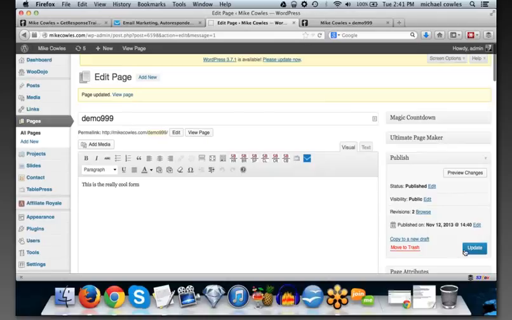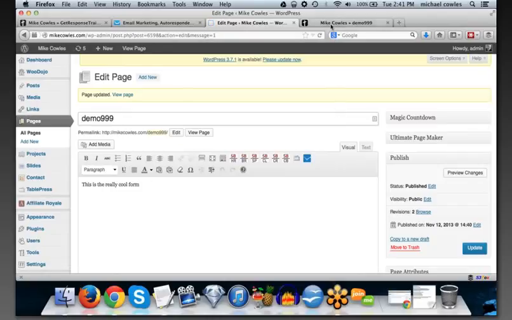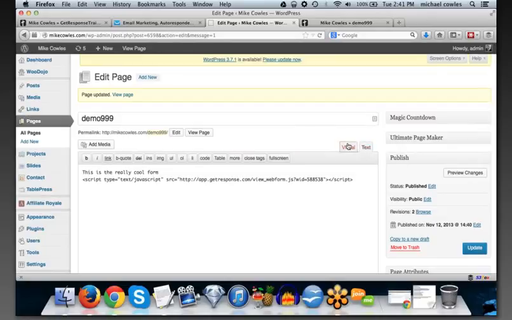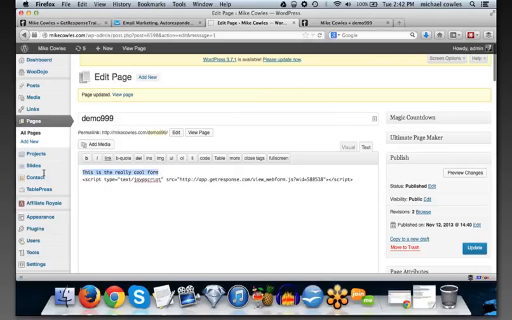I don't know why. I don't know why it doesn't do it every time. It does it sometimes, doesn't do it all the time, but it's been happening for quite a while. In this case, it's making me look silly because it's not doing it. But I actually did this in the demo for the GetResponse training, which I'll show you. If you end up picking that up, you'll see me do it live on the recording there instead. But I'm wondering if it's because there's text on here as well versus just the form.